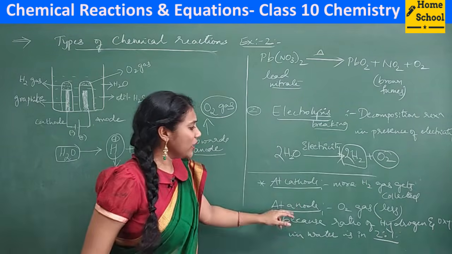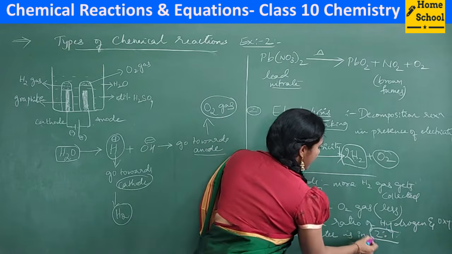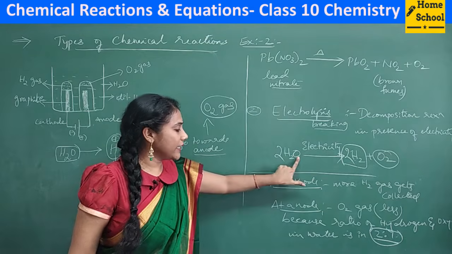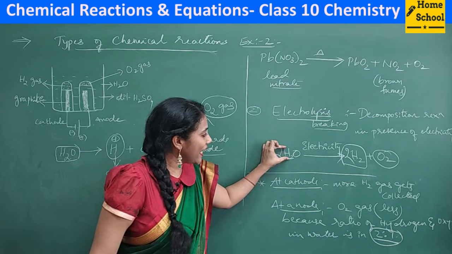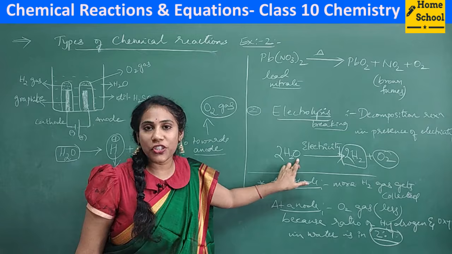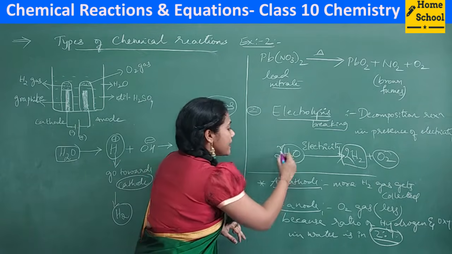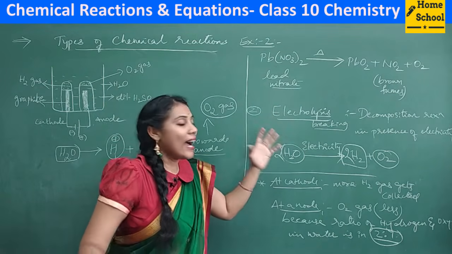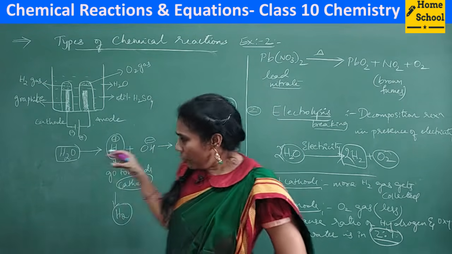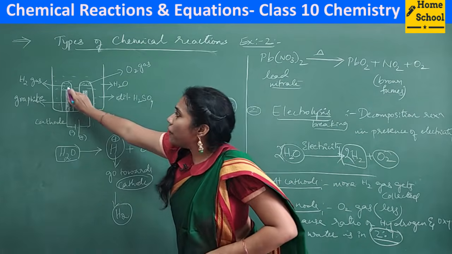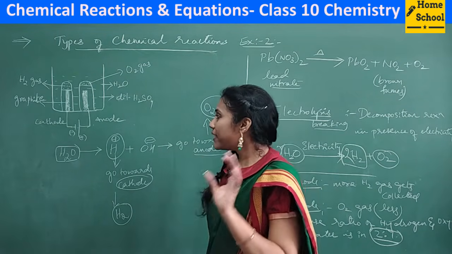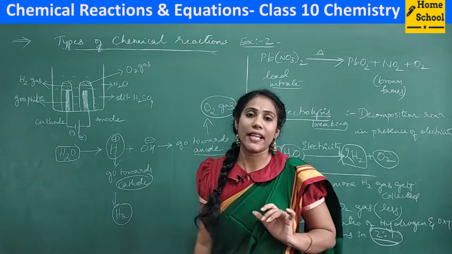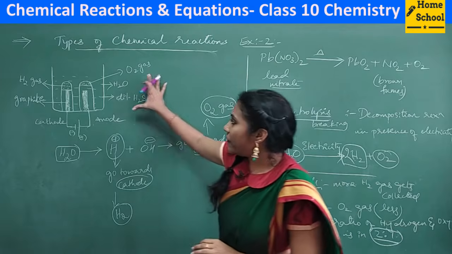So why are you getting more amount of hydrogen and less amount of oxygen? Because the ratio of hydrogen and oxygen in water is 2:1. See, 2 atoms of hydrogen, 1 atom of oxygen only you have in the water formula, isn't it? So when you have 2 atoms of hydrogen, that is more amount of hydrogen. After water gets broken, obviously you will get more amount of hydrogen only. Right? So this is how water can be broken down into H2 and O2 gases. Okay, so everything is okay.